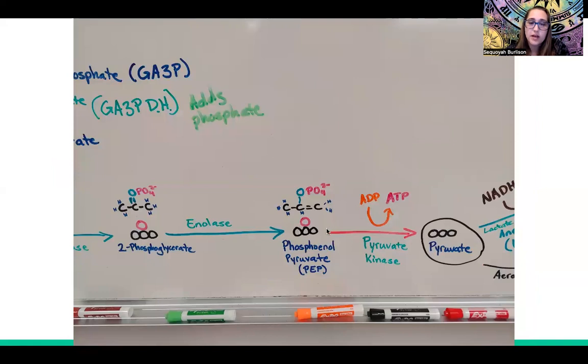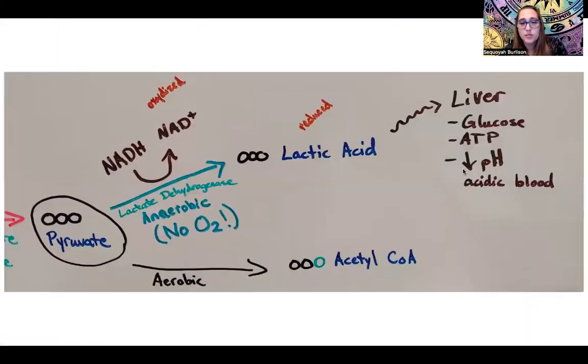PEP, now this is our 3rd irreversible reaction. PEP gets turned into pyruvate with the enzyme pyruvate kinase and another ADP, creating an ATP, taking that phosphate group back. Normally this is where glycolysis would end, but pyruvate can either take the aerobic pathway and create acetyl-CoA, or if